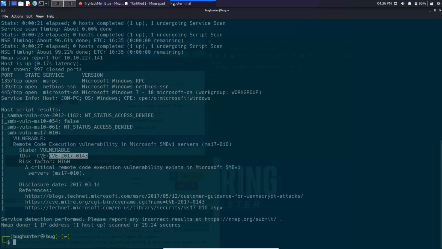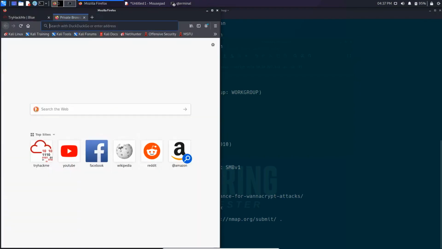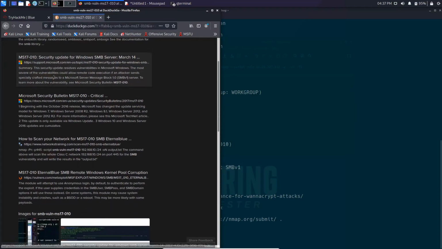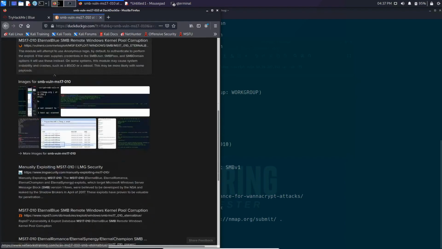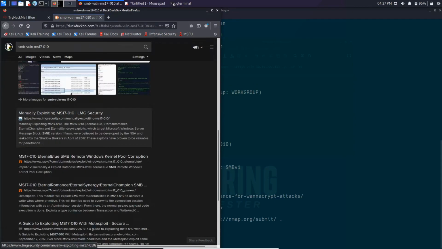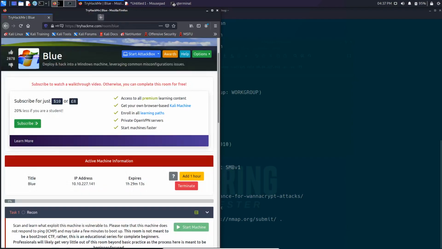Let's say if we wanted to learn more about this vulnerability that we have found in the real world, we can also go over to Google or whichever browser that you use, and you can find information on this. As you can see, it's the EternalBlue, and yeah, you can have a little fun with that. But for now,